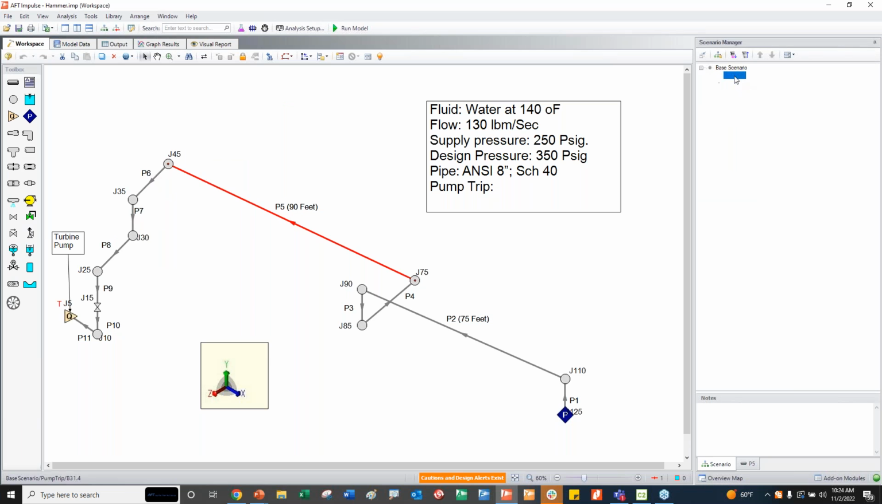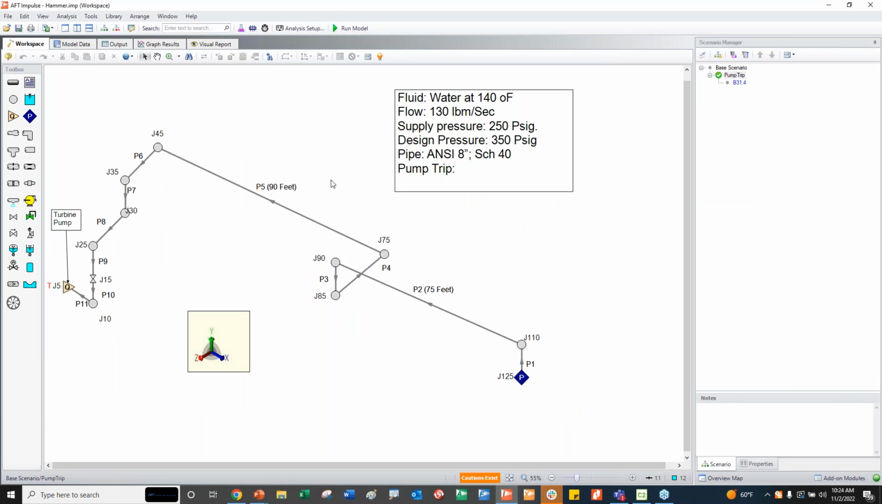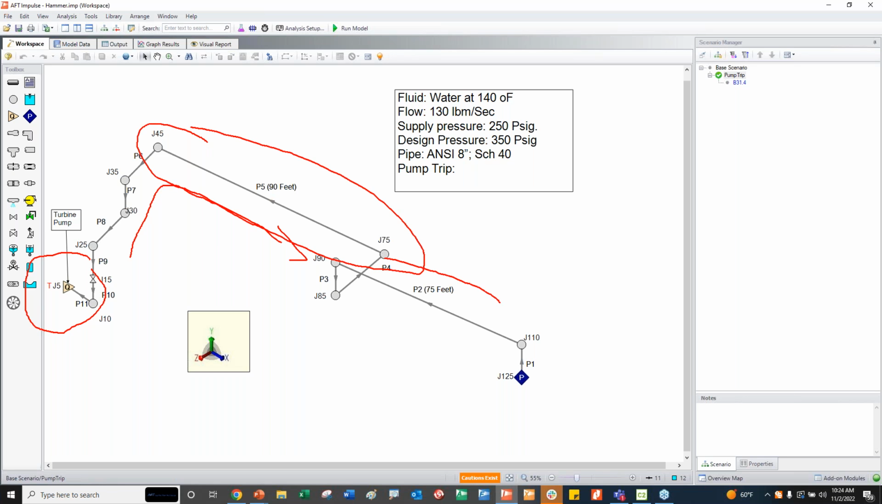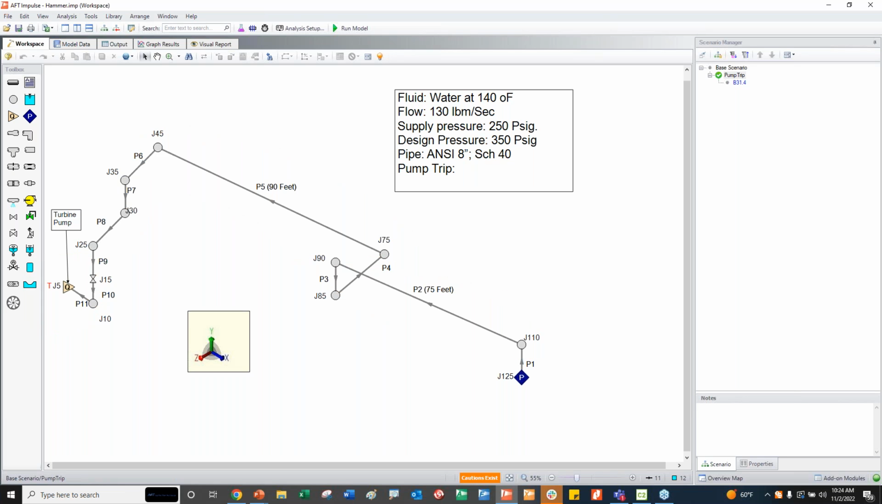I'm going to bring the other scenario. Here we have a pump trip, as I mentioned, right here in this part. The pump trips here, and the pressure wave is traveling in this direction. We're examining this force set here and this force here, from 90 to 100. So to create the force set and indicate where it's being applied,